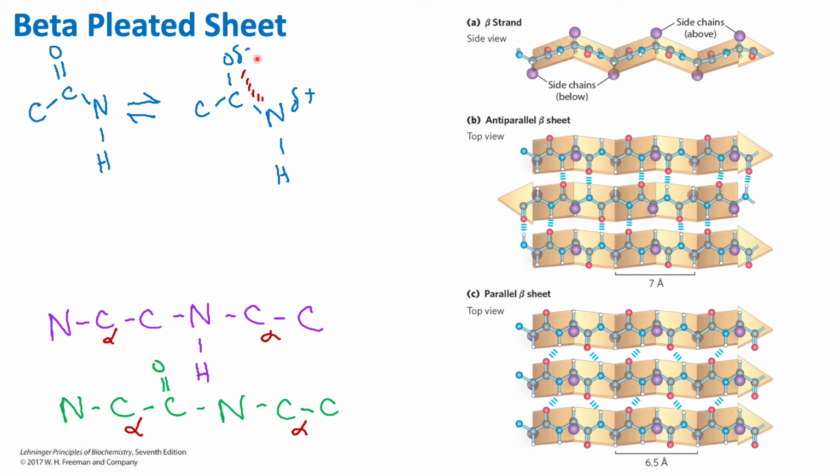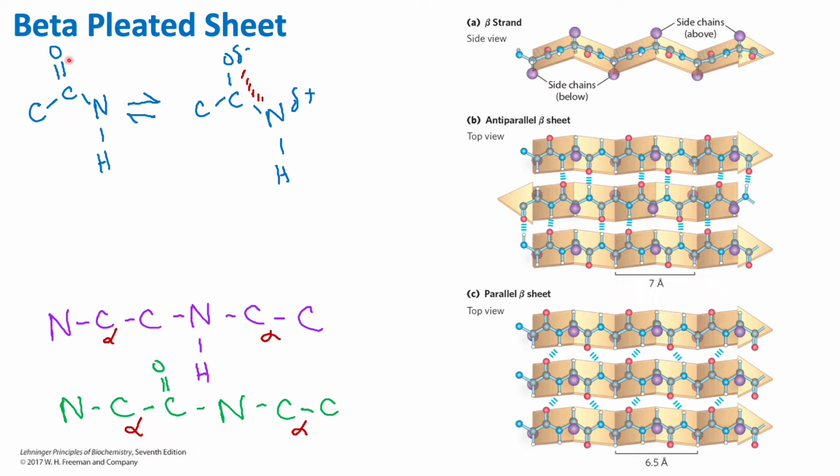So beta-pleated sheets are another example of a secondary structure of proteins. Remember that we have two different types of secondary structures. We have the alpha helix and we have the beta-pleated sheet. So an important key note to make over here is that we still see that planar character at our peptide bond, because